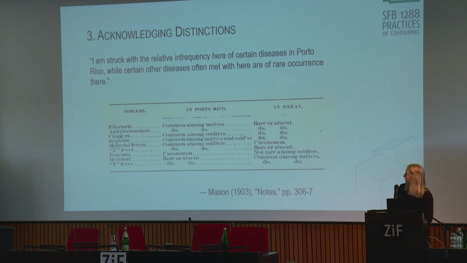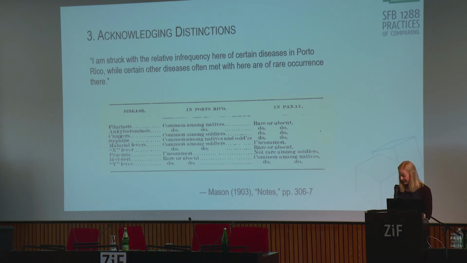So on the left-hand side, you have the diseases. If you want to know, it's a nice topic in the morning, filariasis and ankylostomiasis, and yes, I've always wanted to say these words in public, are parasitical worm infections. Chiggers is something similar. Syphilis, I think we all know, malarial fevers and the other fevers. And then there are two malnutrition diseases, pyemia and beriberi. The chart